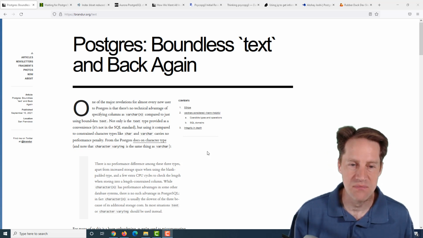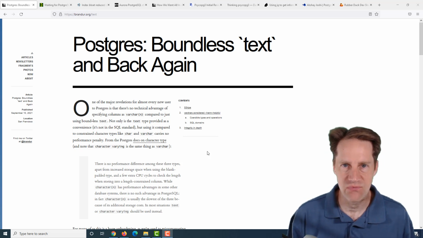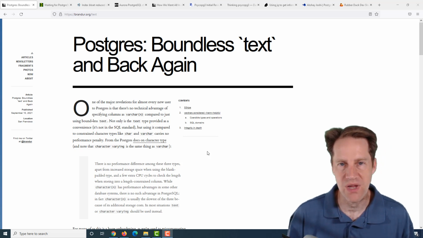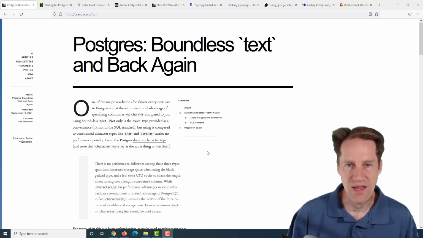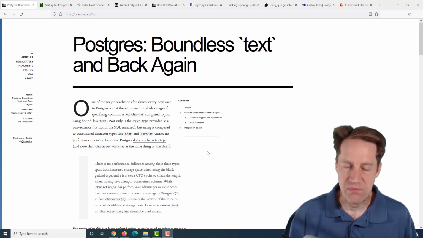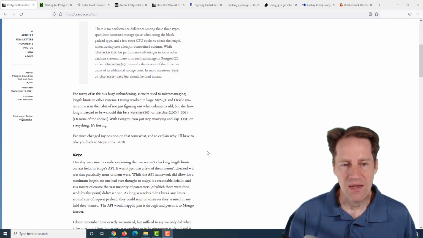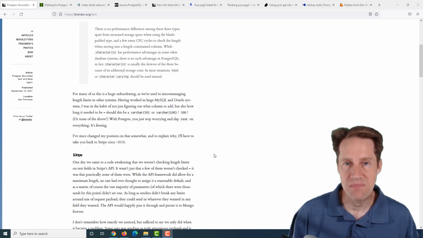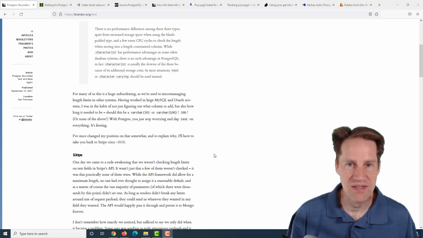In other database systems, you have to pay penalties for one over the other, like maybe variable character is less efficient than a simple character field. But with Postgres, it doesn't make a difference. Because of that, a lot of people who use Postgres find freedom in that, where you can just say everything is a text field and forget about it. But then you run into problems of end users really exploiting that boundless capability.